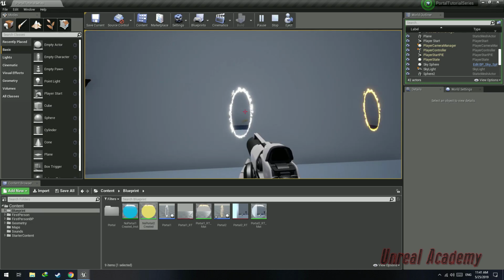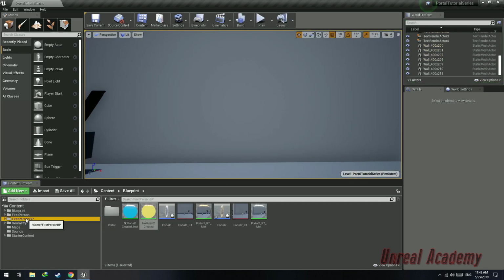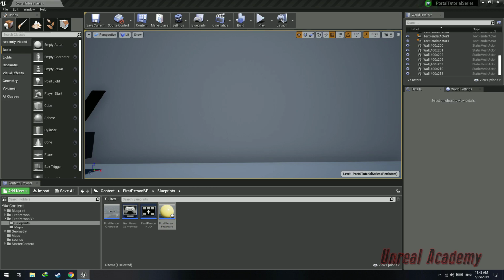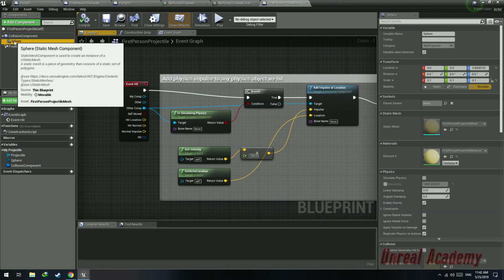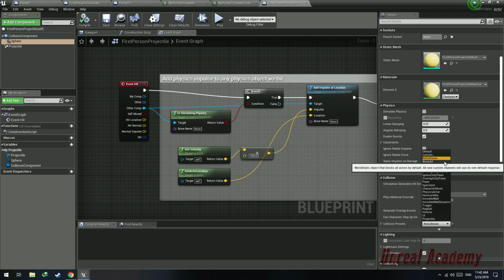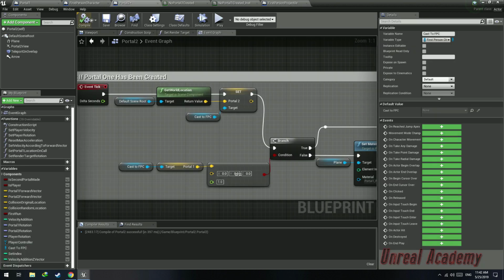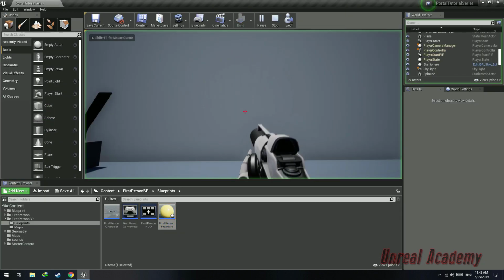Let's see if static meshes or projectiles can get teleported. It's not getting teleported. It's basically not registering any overlap event. This is because the collision is probably disabled for the first person projectile. So open it up, select the sphere, and instead of no collision, we're just going to set it to overlap all. Compile to save, and now if I hit play,